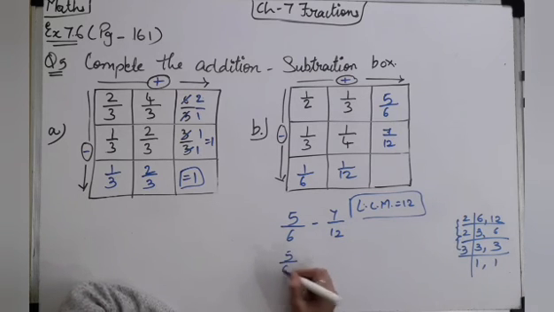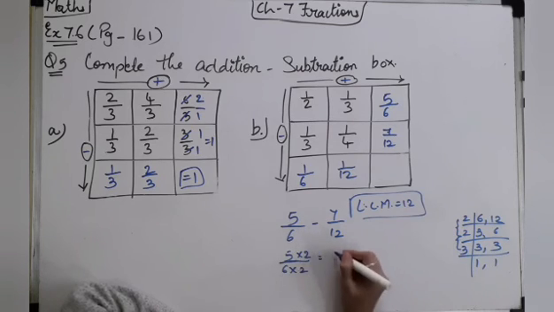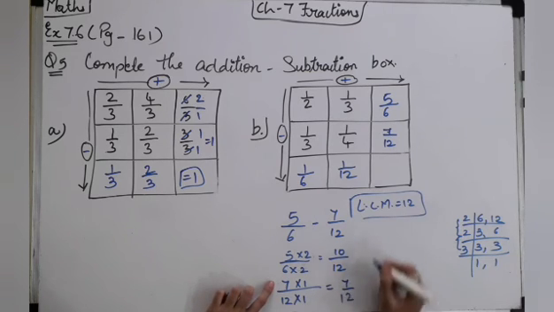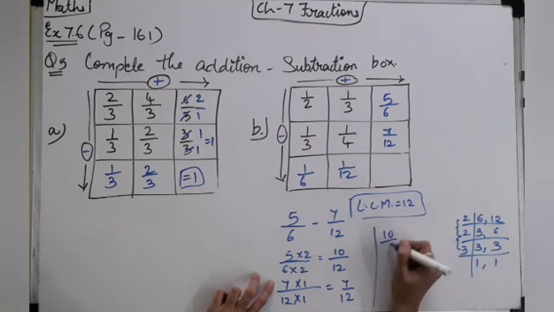So 5 upon 6, I'll multiply by 2, so I'll get 12 in the denominator. So in the numerator also I'll multiply by 2. 5 2s are 10 and 6 2s are 12. Then comes 7 upon 12. Here already 12 is there. By which number will I multiply so I get 12 only? So I'll multiply by 1 in numerator and denominator both. So 7 upon 12. So here we got 10 upon 12